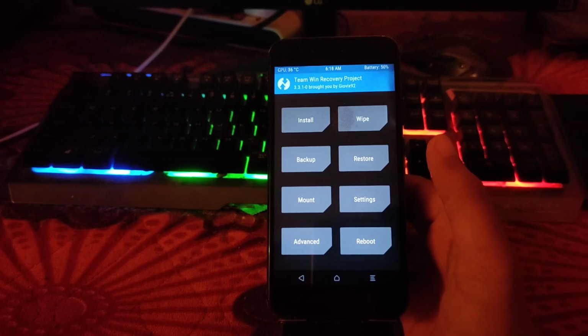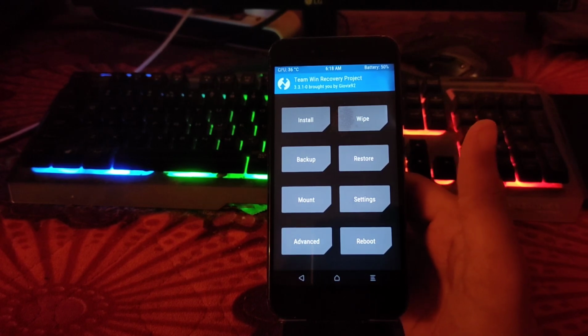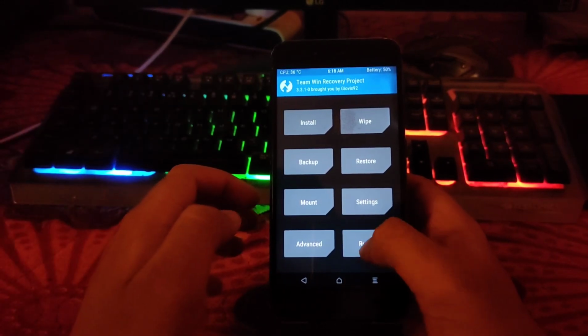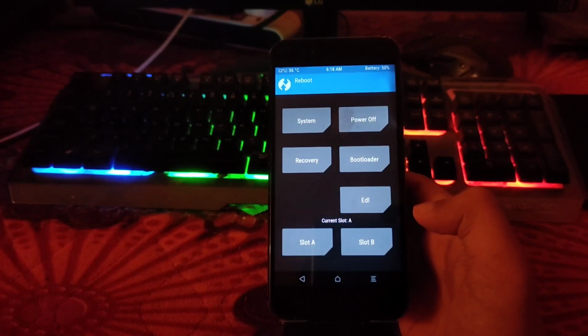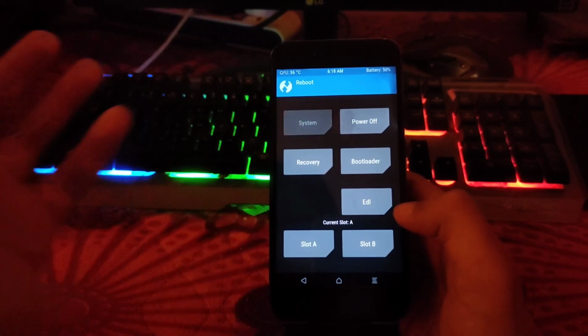For Magisk I will tell you how to install Magisk on OxygenOS GSI, kind of we can say port also, or we can say GSI also. So now we can do reboot to system. For Magisk I will show you how to install. So wait a minute, first reboot to system, do install.